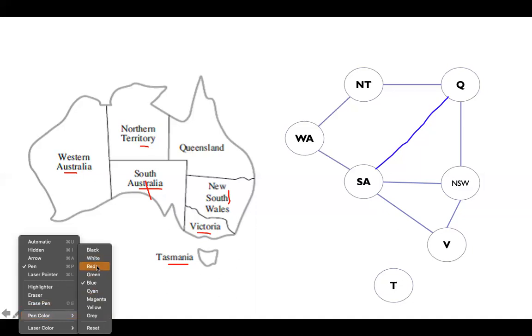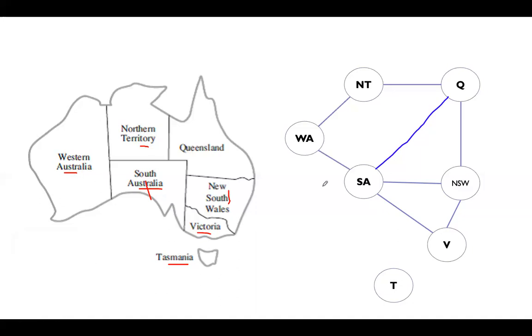Next, we have to assign the colors. We shall see how many minimum number of colors we can use to assign the colors. I will assign red to this vertex. So if you assign red here, this vertex cannot be red and this cannot be red. And I can put the red color to this vertex because these 2 are not adjacent. Similarly, I can assign red here or I can assign red here.